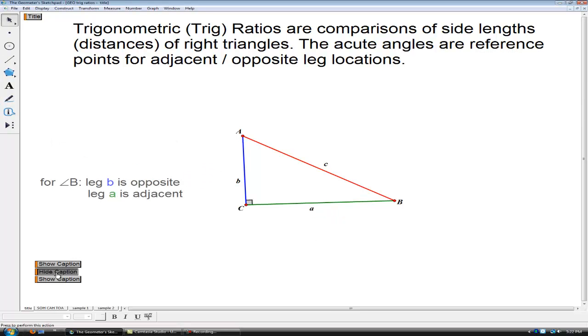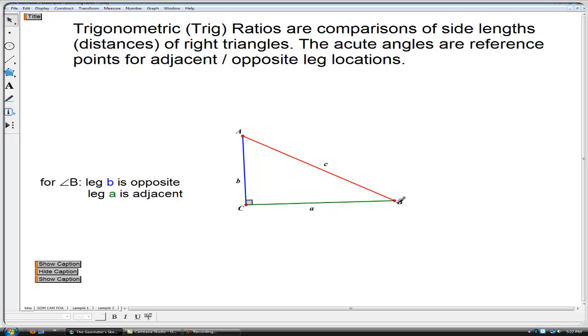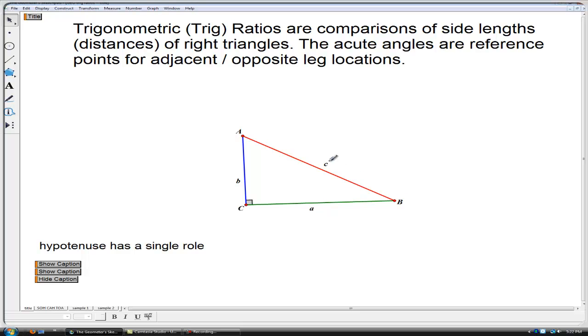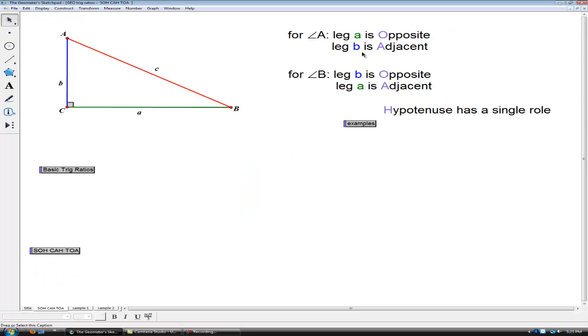Let's hide angle A, and now let's focus on acute angle B as the reference. If we're working with this angle for trig ratios, now it's side B which is the opposite. This is the opposite leg, and side A is now the adjacent leg. The longest side of the right triangle, which is opposite the 90, is the hypotenuse. And there's only one of these, so it only has a single role. C is the hypotenuse. Here again are the appropriate names for the legs for each of the acute angles in